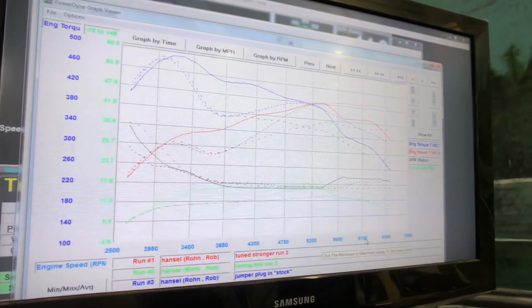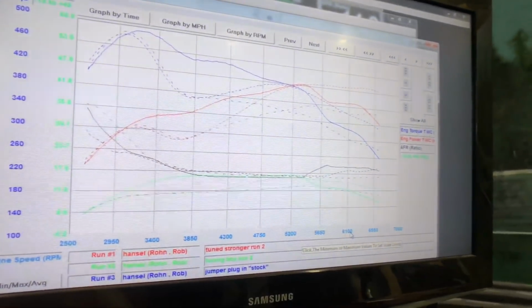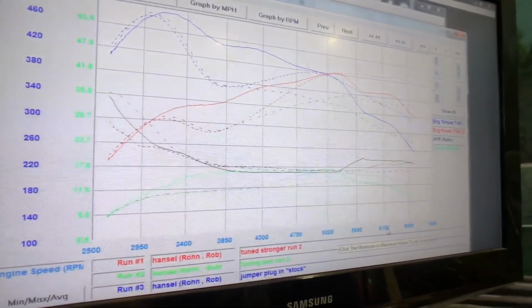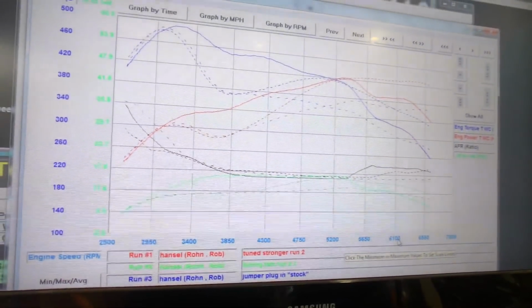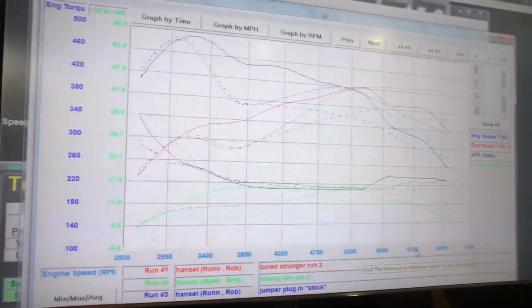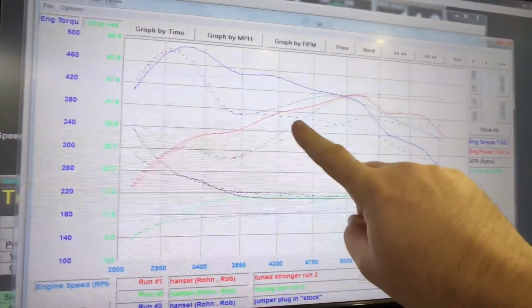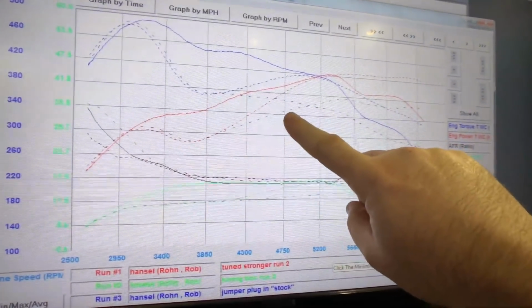This is our second development run. We've got the map working really well on the tuning box down low. We shoot up to about 16 PSI right there at 3,400 RPMs and carry that across to about 5,400 RPMs. So we've got solid gains all the way through this mid-range. We've got to work a little bit up here and we'll get that adjusted so we carry this solid line